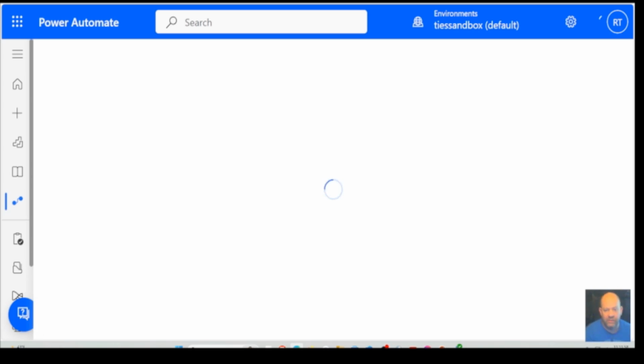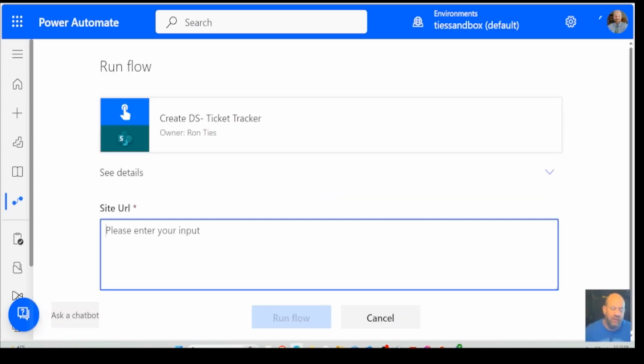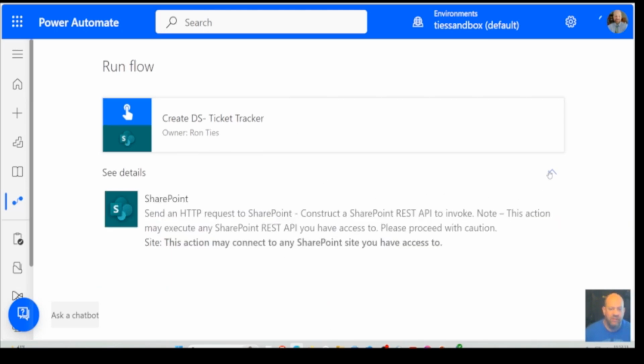Now, when it opens, if it's got any required information before it can start, it's going to ask you for that first. So here's the name of the flow. You can see it's manually triggered and it's got a SharePoint connector attached to it. And that's it. This is the whole thing. Now you got these details here, but